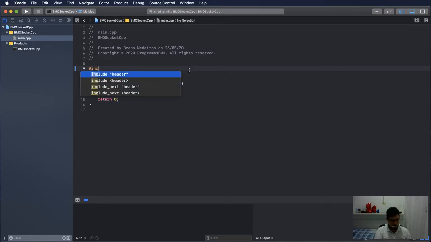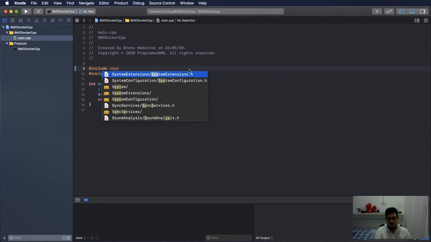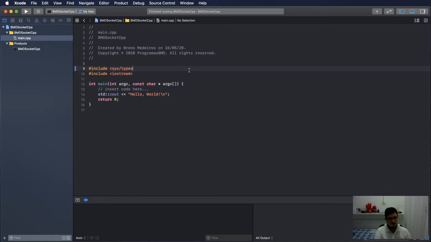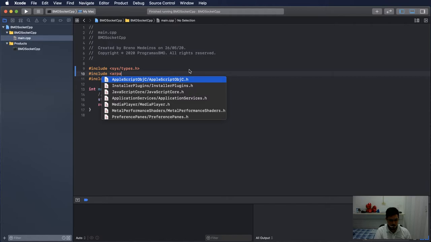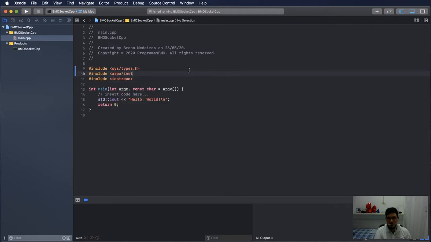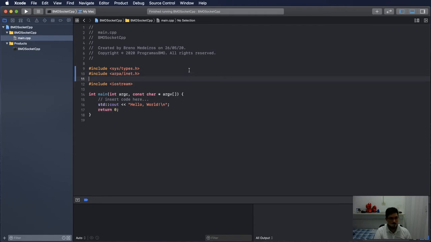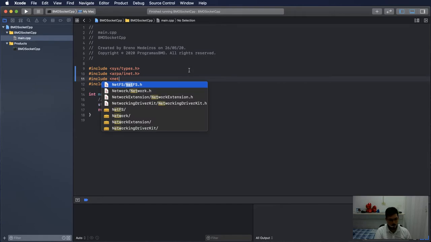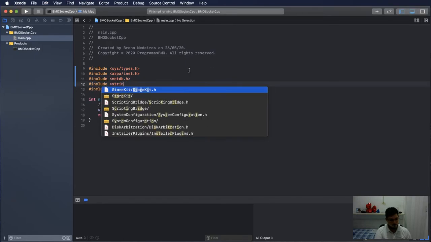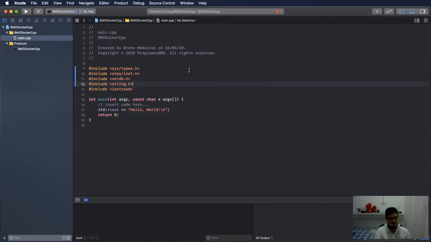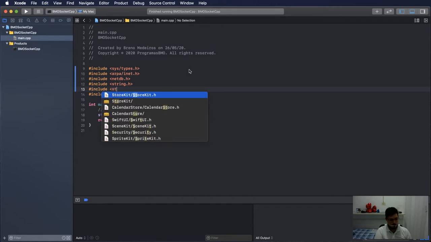So include sys/types.h, include arpa/inet.h, include netdb.h, include string.h, string,